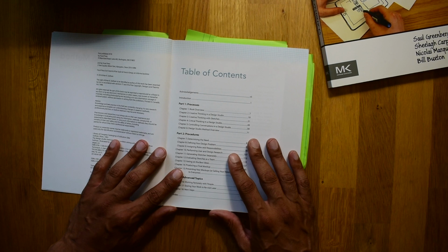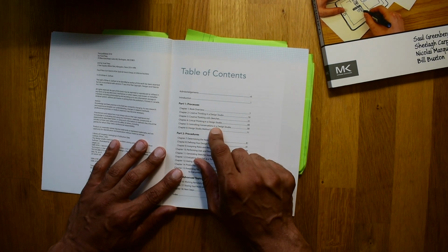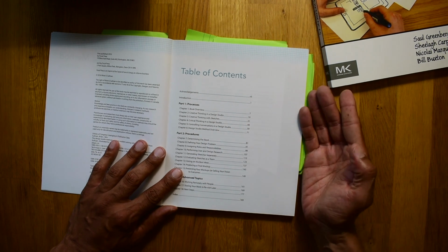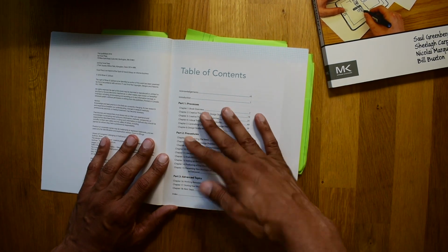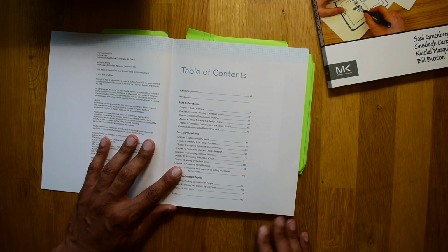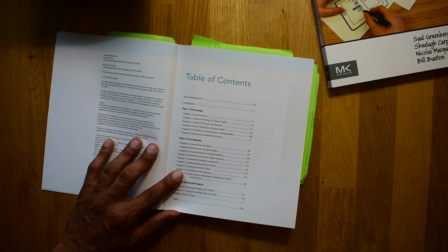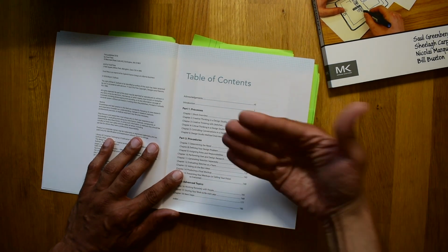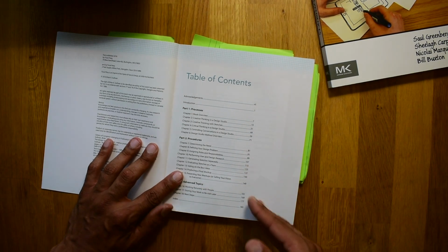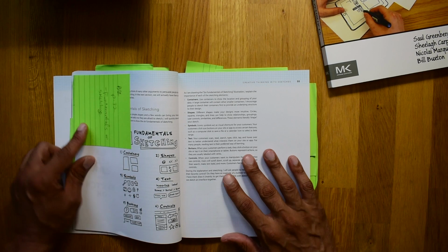If we look through the table of contents, we can see creative thinking in a design studio, creative thinking with sketches, critical thinking in a design studio. So sketching is not only a creative act, but is also a tool for creative problem solving, for critically thinking. No special skills required for sketching. This is available to anyone. On page 32 here,